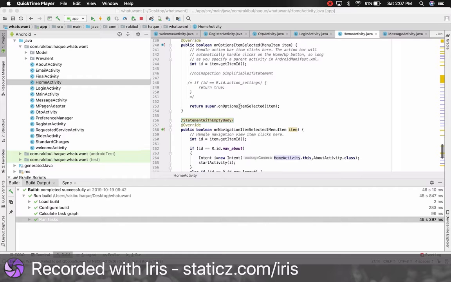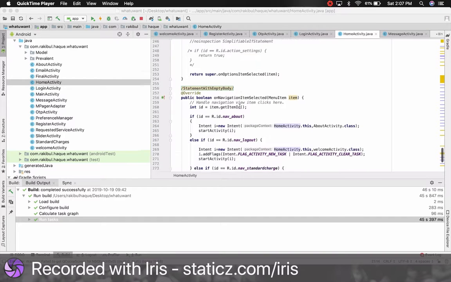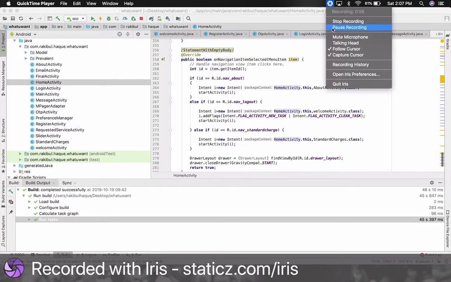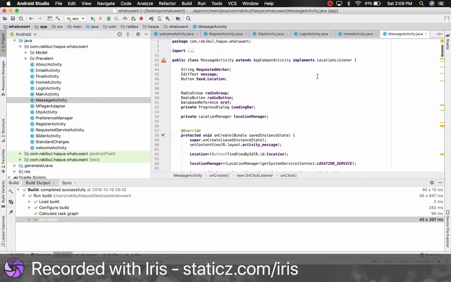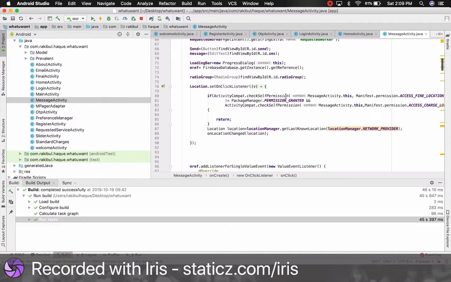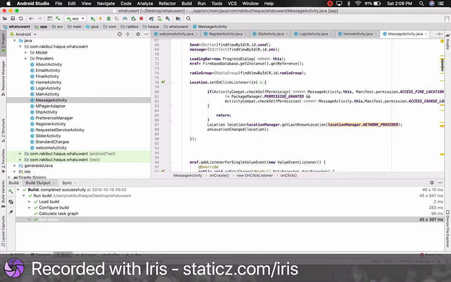Now from 258 to 282, if you go over here, this is the navigation item selection. Now if you check, after this we are directed to the message activity. Over here, from line 76 to 90, again I have applied set on click listeners.